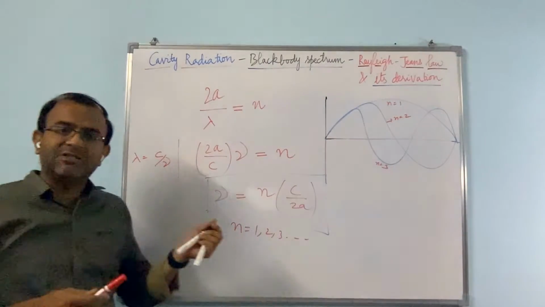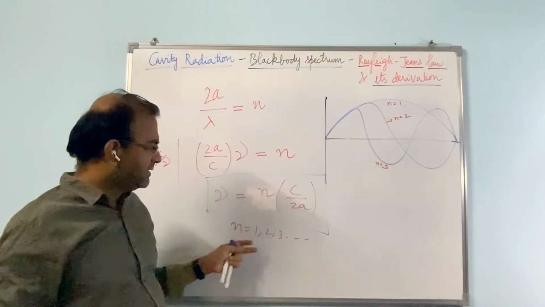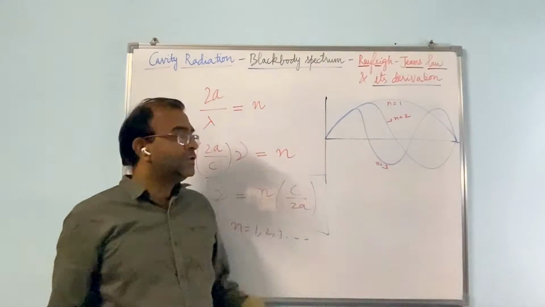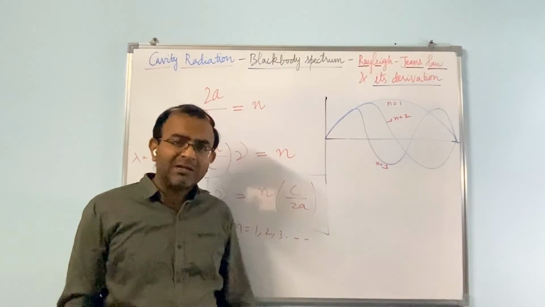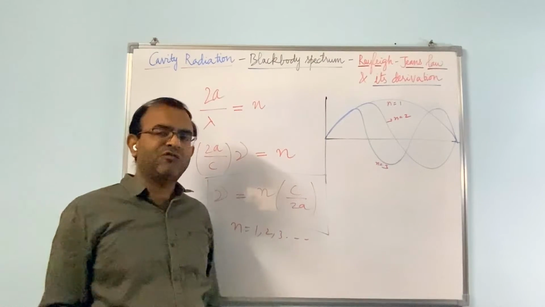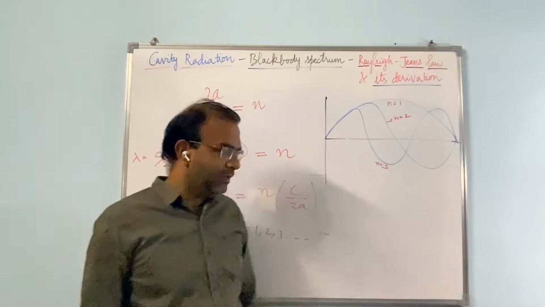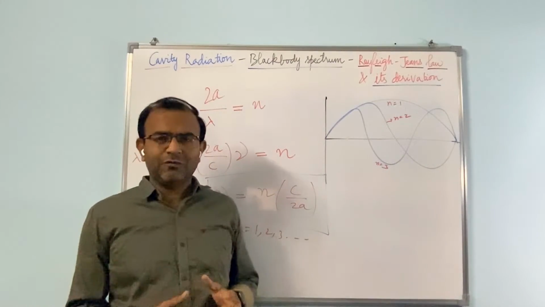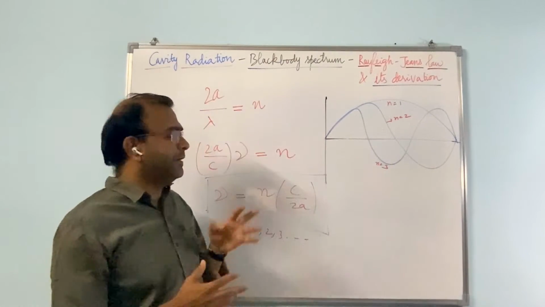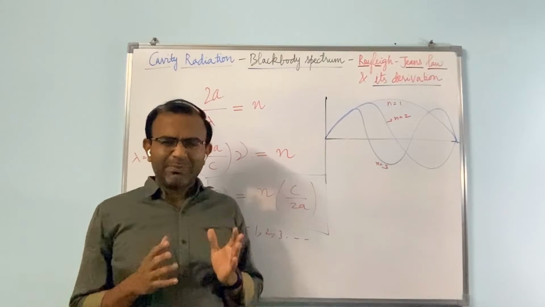The wave patterns for these different modes are the amplitude patterns for the standing waves formed within the cubical cavity. So these are the allowed values of frequencies or wavelengths for the cavity, and we can represent this by using